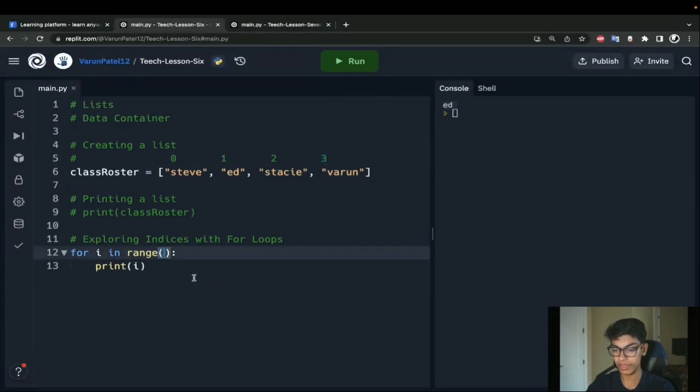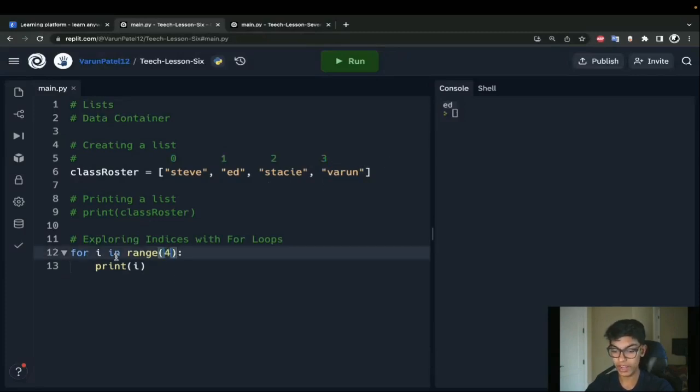How can we mimic this with our range? Well, the only thing we really have to specify is our stop, right? We don't have to specify a start or a step because we know that with our for loops, it automatically starts at 0. That's good. It automatically increments by 1. So it's going to 0, 1, 2. So that's good. So then all we have to do is tell it when to stop. And if you remember, with our for loops, our stopping point is all the way up to, but not including, that number. So I want to go all the way up to 4.